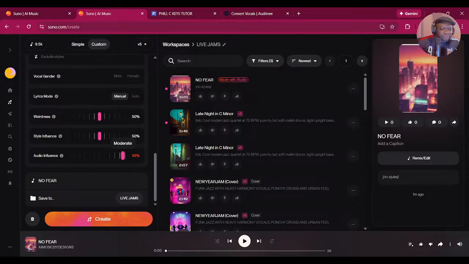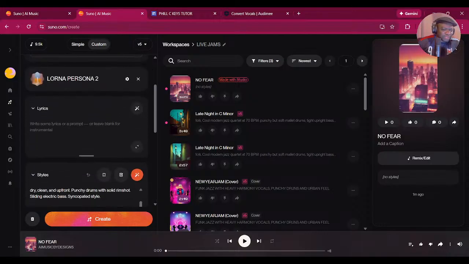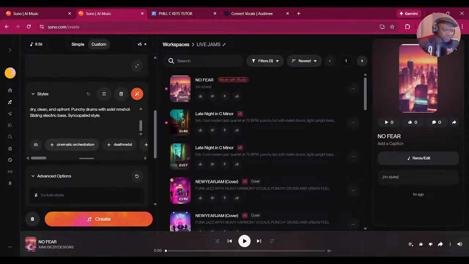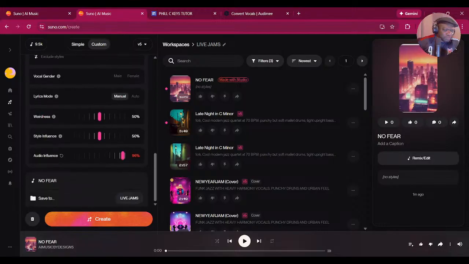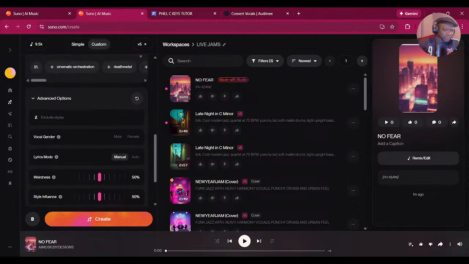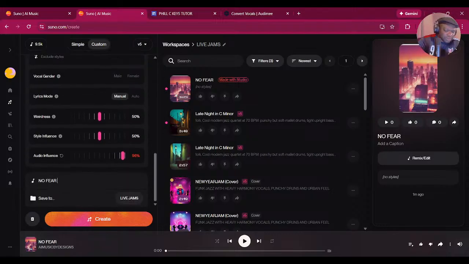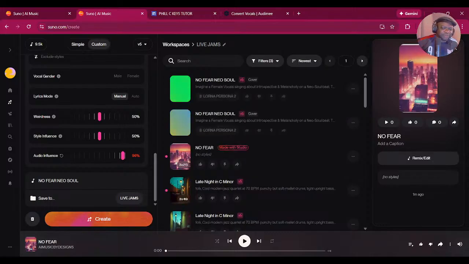So if I wanted to do it like a neo soul version of the same song, I could, okay, no fear, neo soul. I've shown you folks how to do this before, so this is really just for the benefit of those that haven't seen it. But you can work a song up to a point in studio, and then you can bring it into